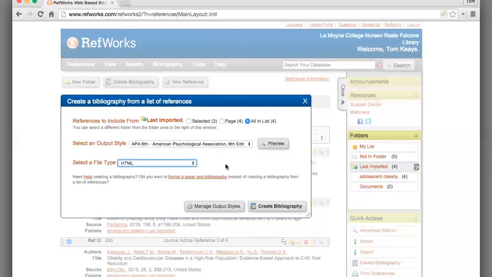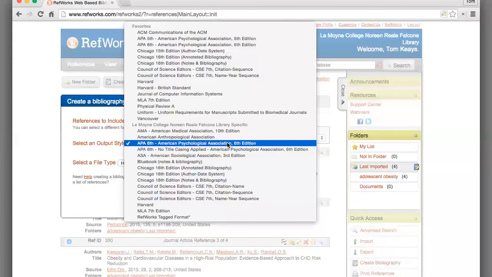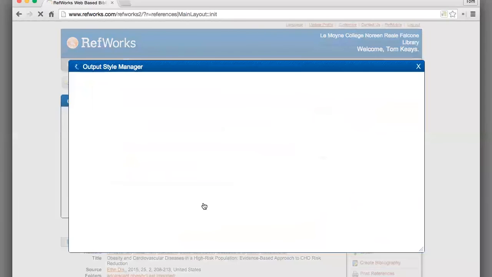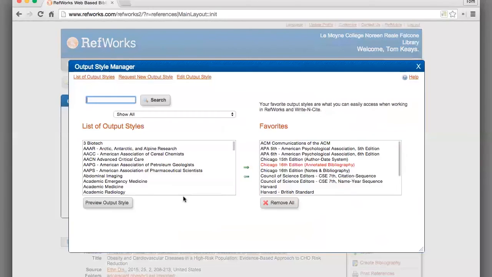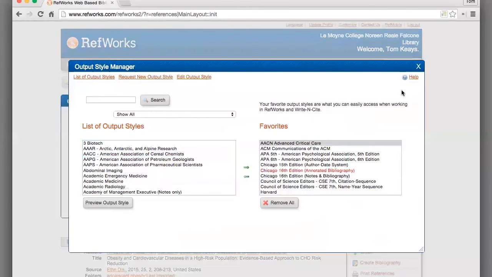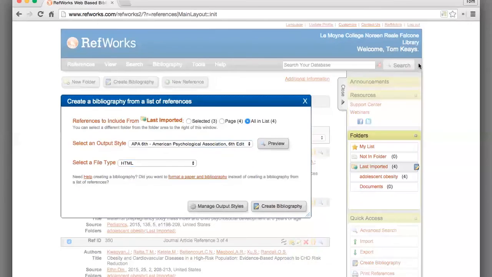If an output style that you want is not in the output style list, use the Manage Output Styles button to add it to your favorites. Once you are ready, click the Create Bibliography button.